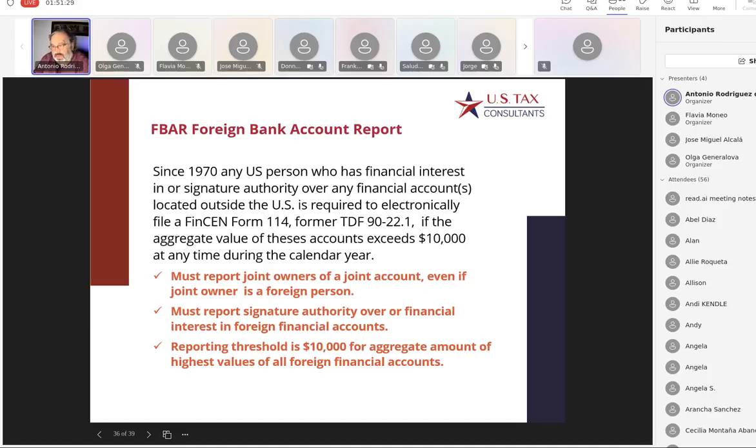You must report, as I said, joint owners, joint account. Even if the owner is a foreign person, you must report the singular authority over the financial interest of foreign financial accounts. And the reporting threshold is 10,000 for the aggregate amount of the highest values of all the foreign financial accounts. Okay, so